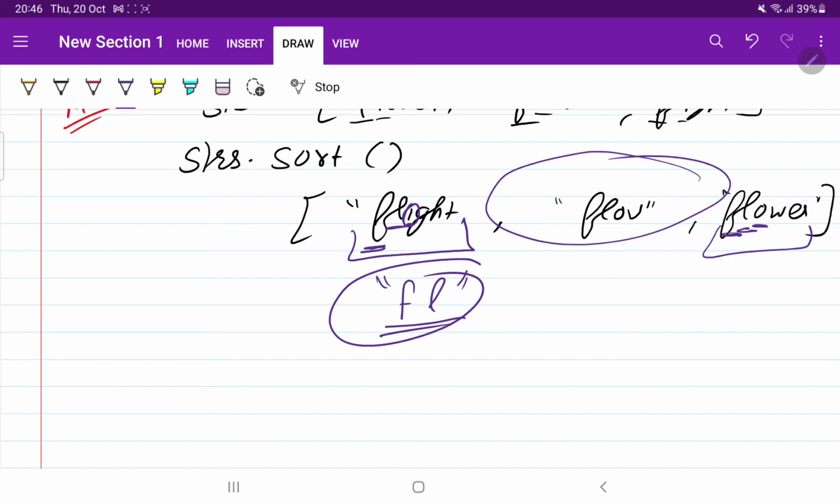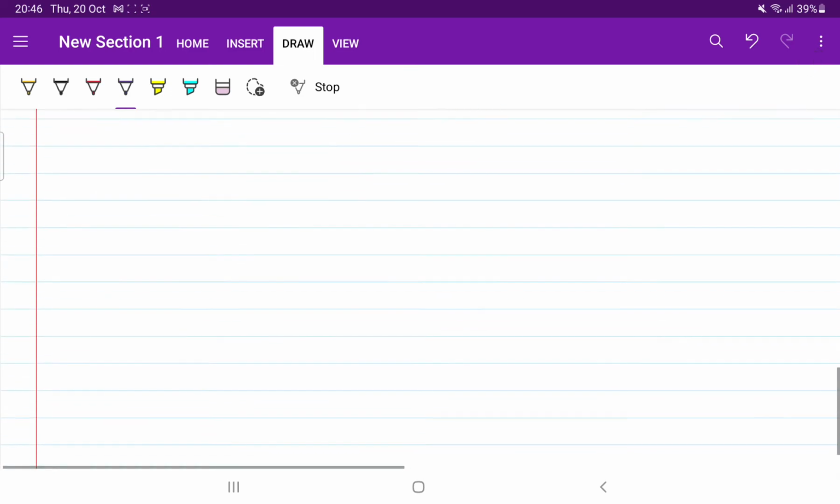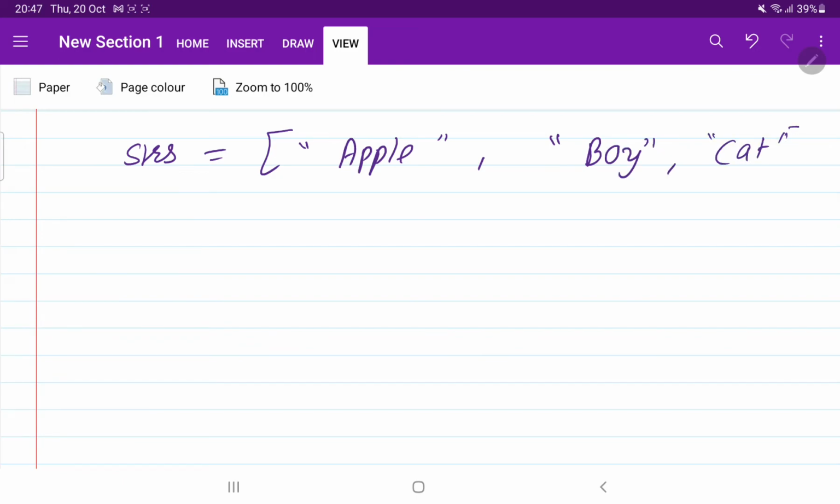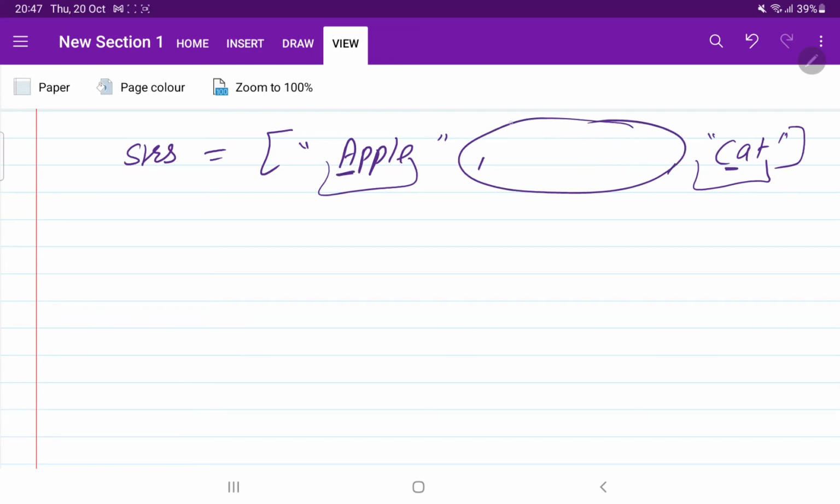Okay, I will give you one more example. That will help you to understand things better. Okay, suppose we have strs, a list, and it has words like this: apple, and let's take one easy example, apple, boy and cat. Okay, this example. So if we sort this, what will happen? This will be the first word, this will be the last word. So we will start comparing first and last, and we are going to ignore all the words in between. Suppose here boy is also written, and bat is also written. Okay, and banana is also written.